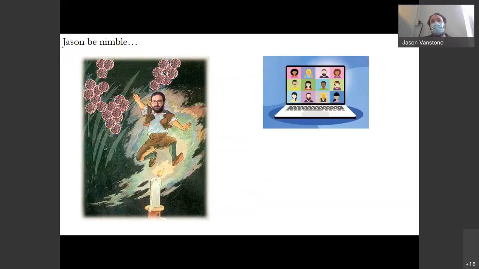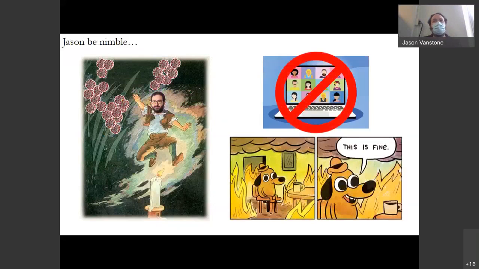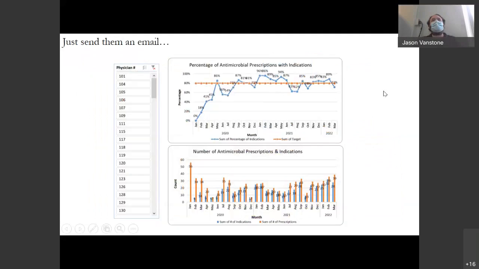So things got shut down, as everyone is aware. And so we said, okay, well, then let's just try Zoom meetings and things like that. Well, people were so busy in the community and things were changing so fast that that just didn't really pan out. And so this was me, the little guy in that burning house thing going, this is fine, we'll figure it out, we'll get this done. So be nimble, and we just decided, let's just do this by email. That will be the easiest thing to do. At least we can get the information out there, and we'll see what happens with a more limited approach that we knew might not be as effective as going out in person, but at least we could start doing something and start seeing how this could work.